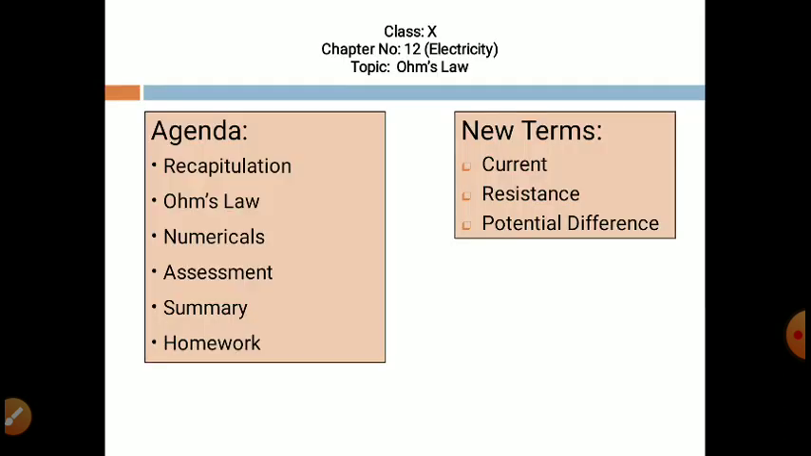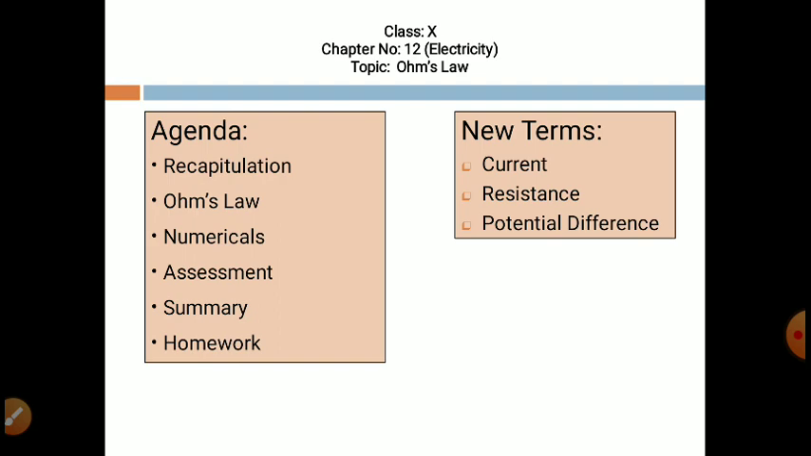Today's topic will go like this. First we will recapitulate what we have studied in this chapter till now. Then we will discuss Ohm's law, numericals on Ohm's law. Then we will assess what we have studied today. Then we will summarize today's topic and in the last, homework. So this topic, Ohm's law,